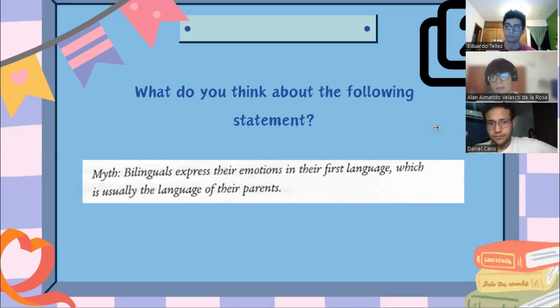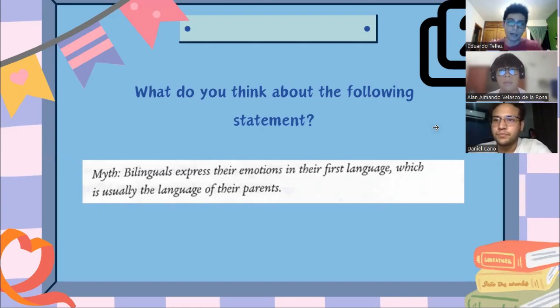and what the cultural background of the people is, because we have people who live in communities where they say, okay, forget our language, the language that we have spoken for centuries, and focus on learning Spanish. So yeah, I think that the myth is like 50% real and 50% not.